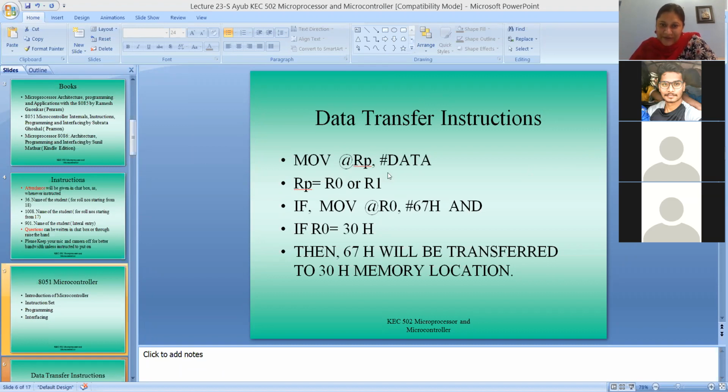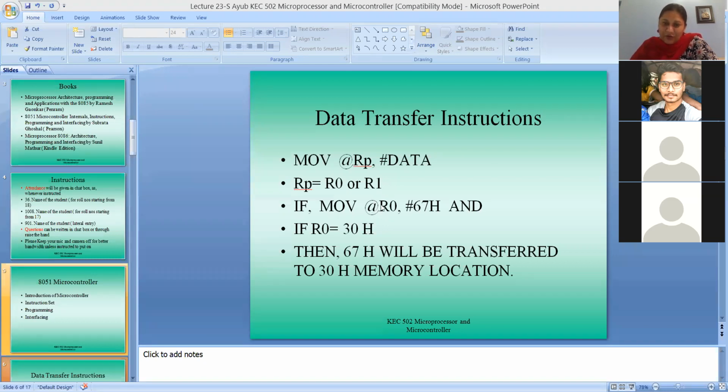So if I write this particular instruction, and suppose my R0 register is containing 30 hex, and my instruction is MOV @R0, #67, then this hash sign means it is immediate data, 67 hex byte. It will not go to the R0 register, but it will go to memory location 30 hex because there is an @ sign. So it is indirect.